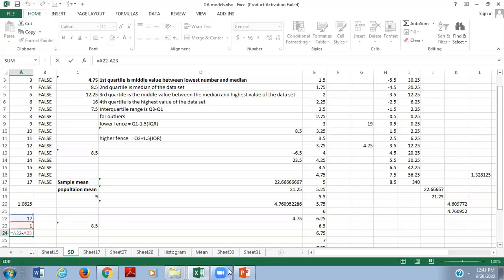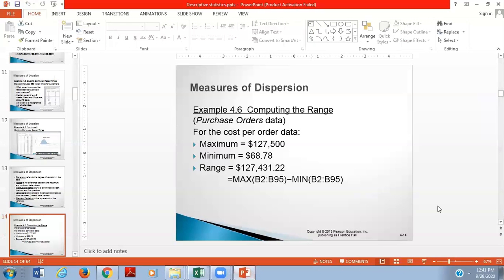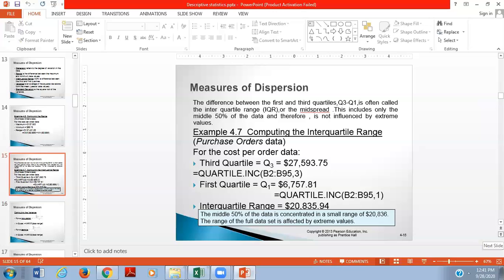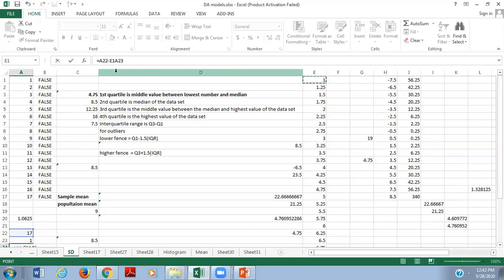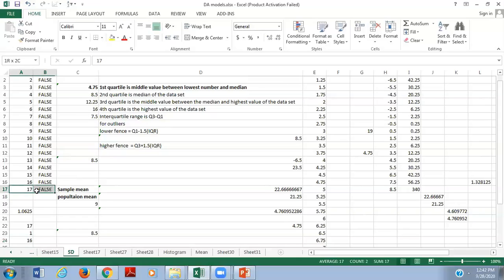Okay. Now we're going to take the next concept, that is our quartile concepts. Quartile concepts we have already discussed in our last class. We normally have 4 quartiles of a particular data. The first quartile is a value, the middle value between the lowest number and the median. So the lowest number of the series we have to take, that is 1, right? I'm going to delete the 17 here because I didn't take that 17 in my data. I have taken the data from 1 to 16.